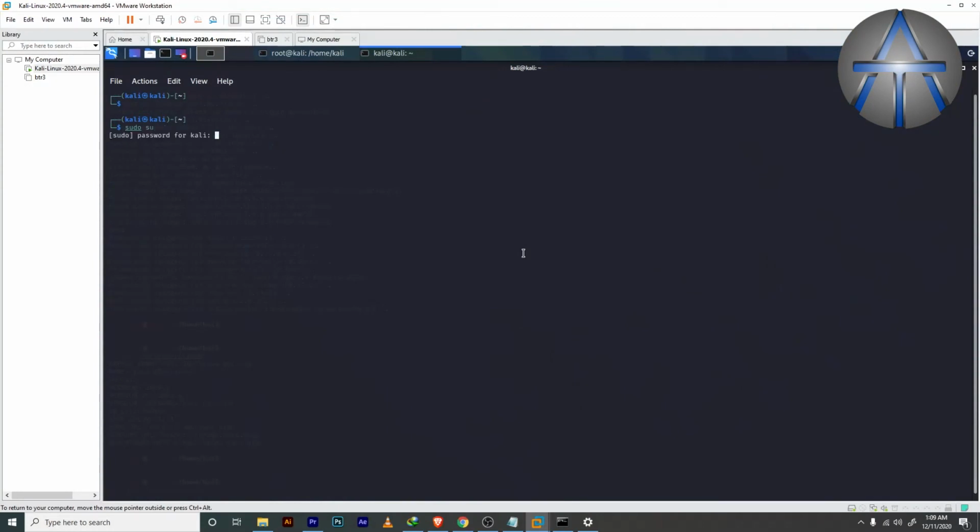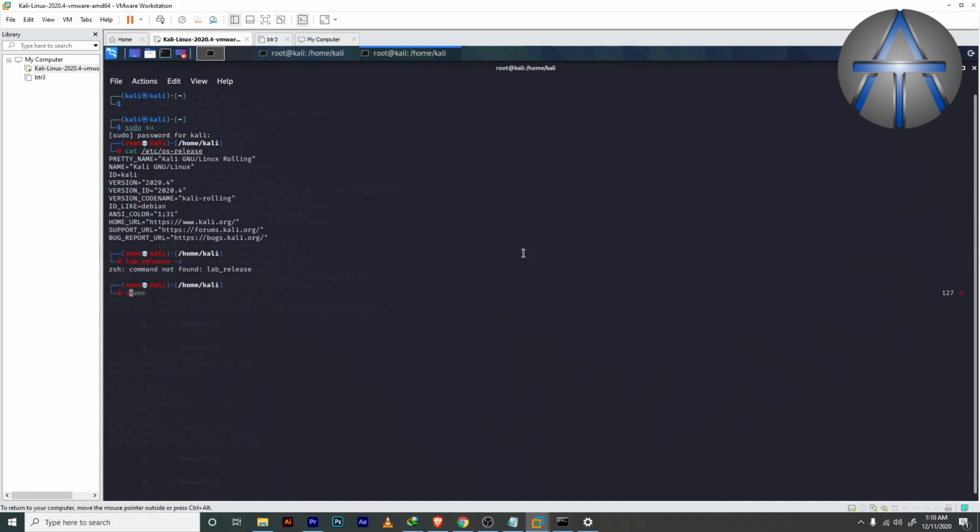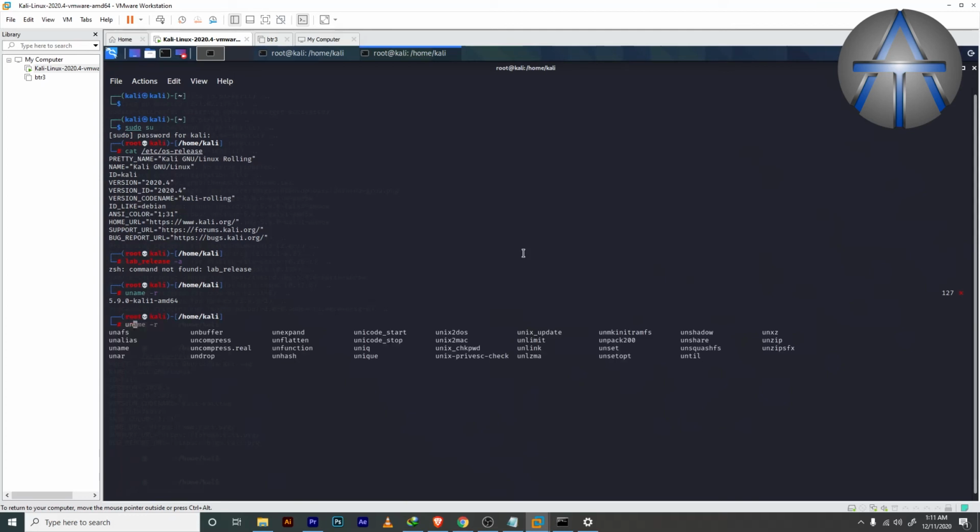So you will have to type sudo su and put your password here, and after that you can type this command and you will get the version information of your Kali Linux OS, when your Kali Linux was released and which version it is, it will show here.